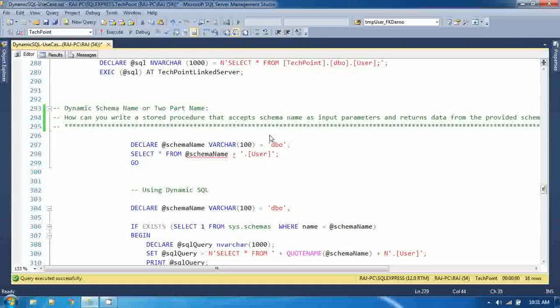Now the next use case of dynamic SQL is dynamic schema name or two-part name. Two-part name is nothing but you have to identify, or you have to use all the parts. For example, database name, then schema name, then actual object name. How can you write a stored procedure that accepts schema name as input parameter and then returns data from provided